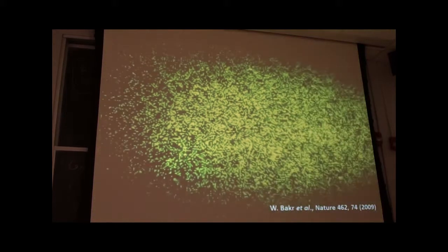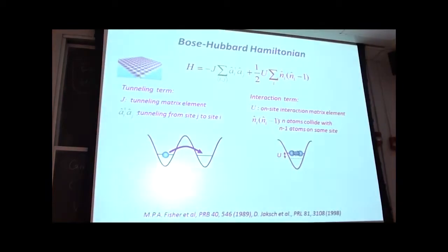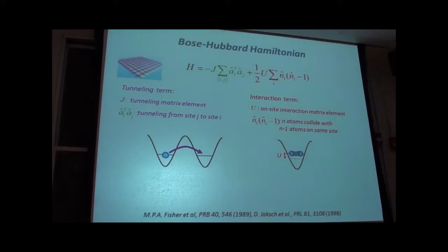So in later experiments now in our group, what we've done is we've circumvented this problem by putting the atoms in a different plane. And now you don't have this parity imaging, or at least it becomes like modulo 4 imaging. Okay, so we have bosons in the lattice, so the natural physics to study is the physics of the Bose-Hubbard Hamiltonian. So what you have,